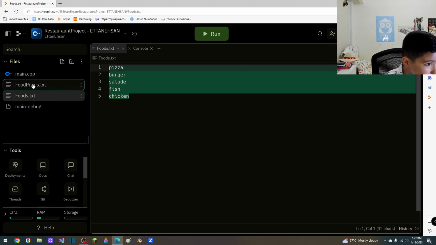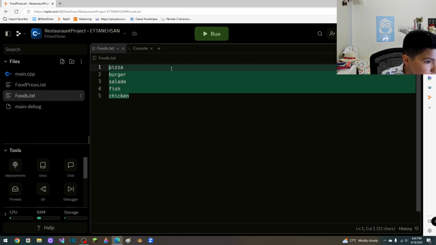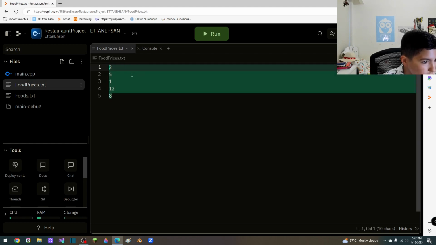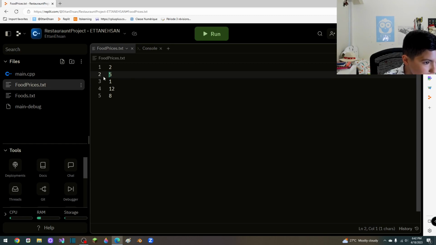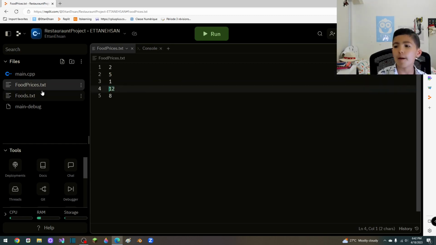Then we're going to be using a method called parallel files, and that's when we put, for example, one name, then on the other file we'll put its price. Then on the second line, burger. Then on the second line of the other file, the price of it. Then we can change the files, and after we can alternate with them, and we will use this method again,